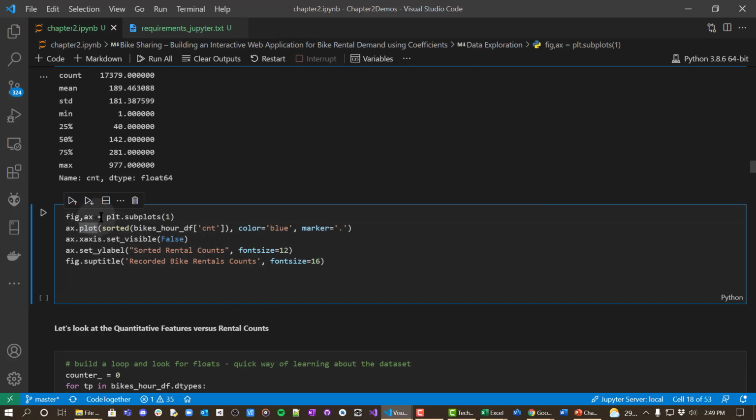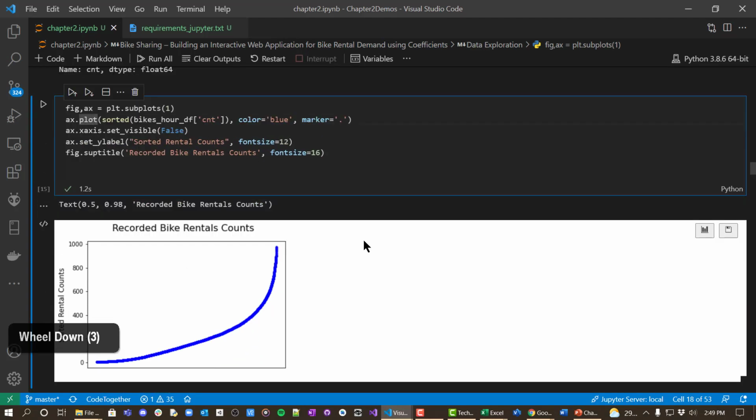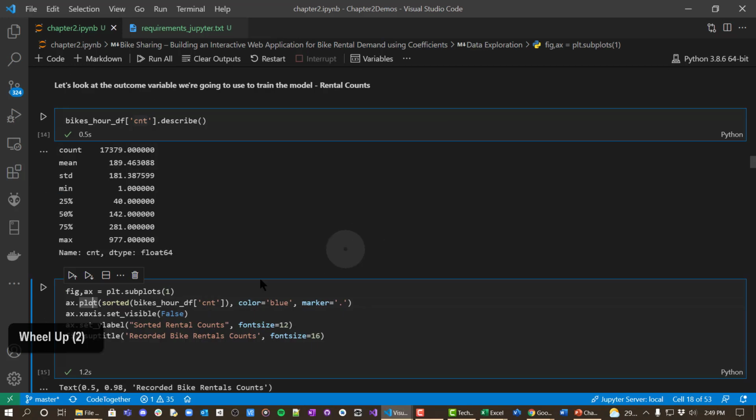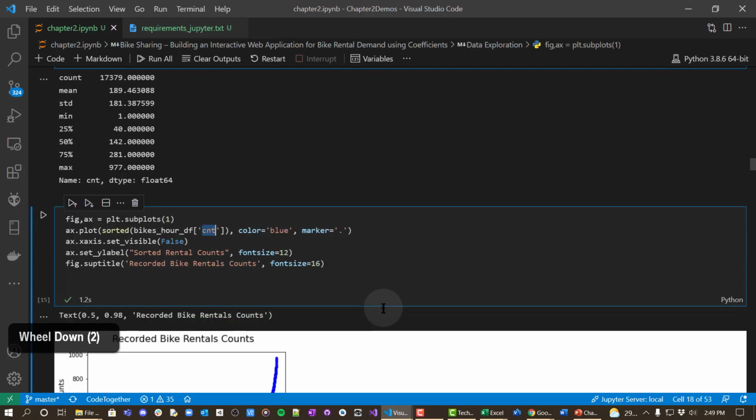So we can take AX and the data that we get from this, and we can make a plot sorted by count. We're going to set the color, and then we can set our Y label, and basically this will make a chart of our data for us. What we're making a chart of is this count column in blue,